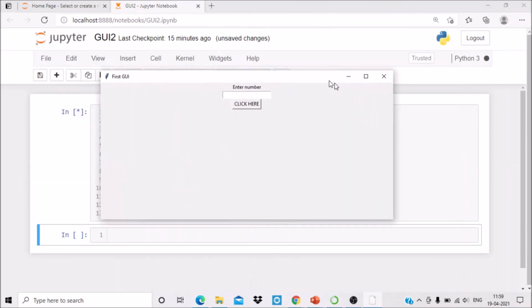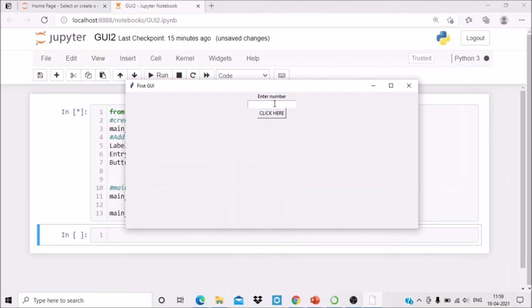Now you are getting this GUI. Here you can enter something, data, and then you can click for submission. But we have not assigned any method or anything for this button, so you can just click over that button. So three widgets we have used on this GUI: first is the label widget, second is the entry widget, third is the button widget. Okay, so in case of pack, the GUI is managed.